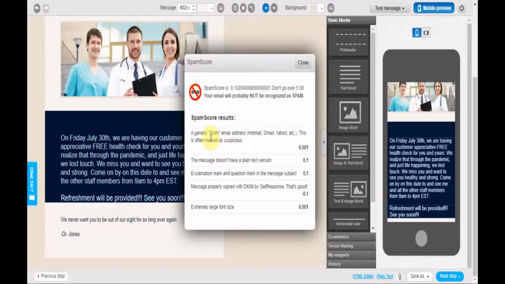Now here are the results. It says a generic form, email address, Hotmail, whatever, is often marked as suspicious. Okay, this message doesn't have a plain text version. Great. Exclamation mark and question mark in the message subject, not a lot, because a lot of times what people do is they use exclamation marks and question signs to